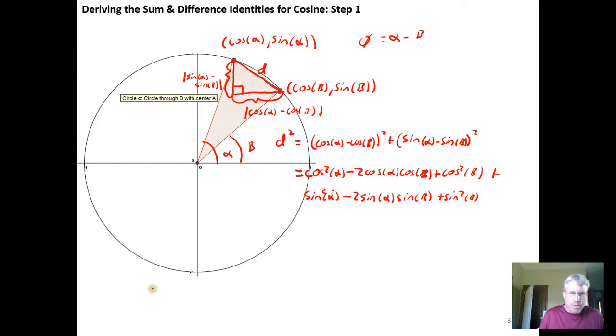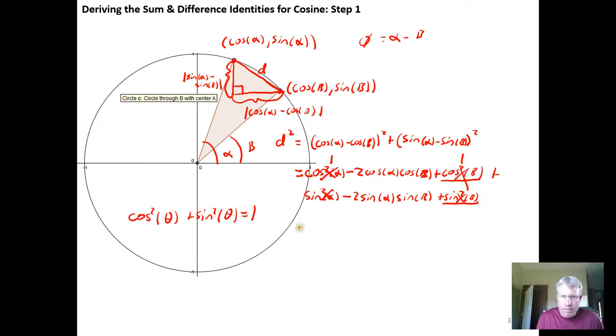And then we want to remember the Pythagorean identity that says the cosine squared of any angle plus the sine squared of any angle has to equal 1. So here I see I have cosine squared of alpha plus sine squared of alpha. So this actually just equals 1 by the Pythagorean identity. And here I see I have a cosine squared of beta plus sine squared of beta, which just equals 1